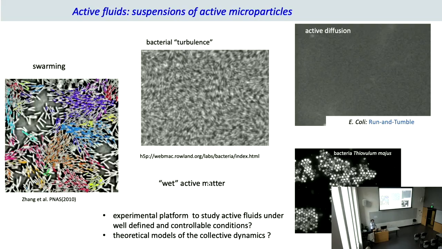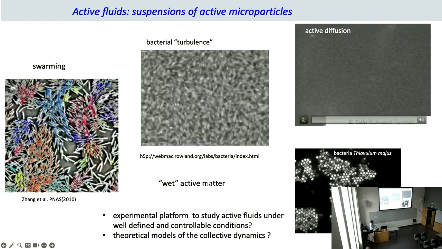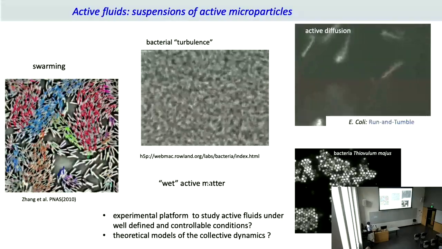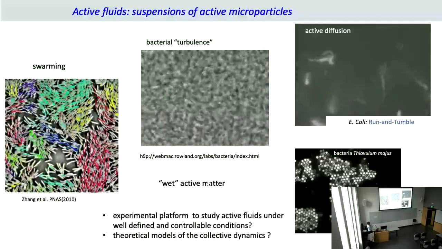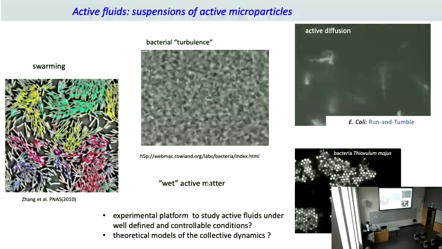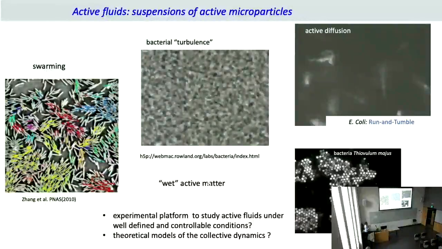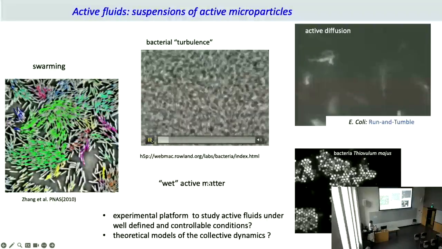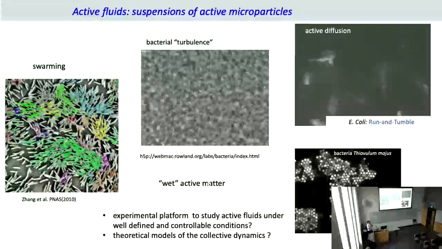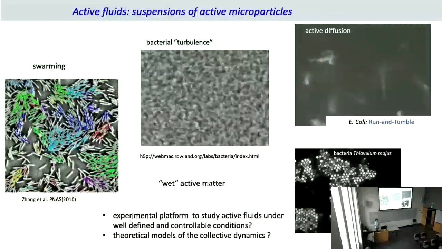So instead of looking at birds and sheep and other animals, I'm looking at the microscale, like bacteria swimming. What we are seeing here is an E. coli swimming around in a solution. When you have a lot of these bacteria and the density increases, you see a qualitatively similar behavior to the flocking of the birds. And then there are other more interesting things, like very dense suspensions of bacteria exhibiting this very chaotic flow. And to someone who does fluid mechanics, by the way, how many of you know fluid dynamics?